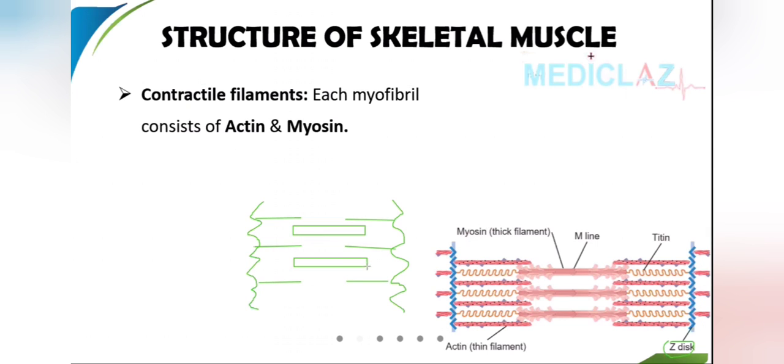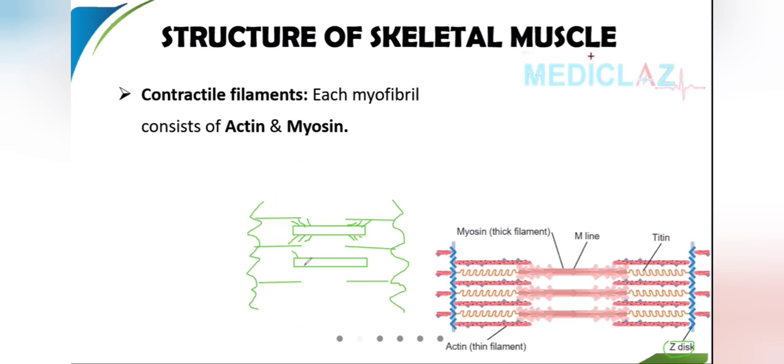The thicker one is the myosin, and this myosin has something like a Velcro tape. How many of you have seen a Velcro tape? Velcro tape is what we use on our shoes, on badges, on bags, to stick and open. We have this tape where it goes and sticks, and again you can peel it off. So the fibers on the tape are like this, no? This is also like that. Velcro tape.